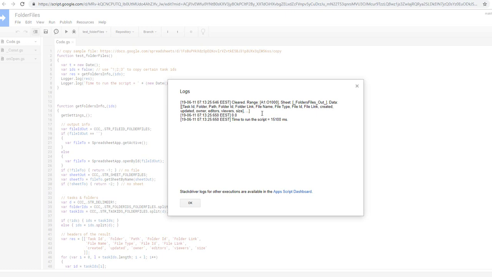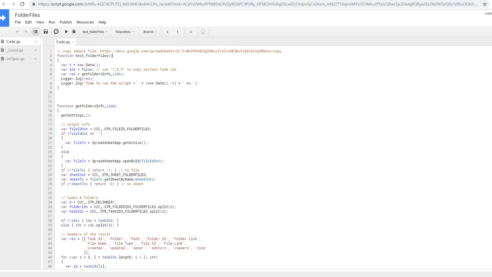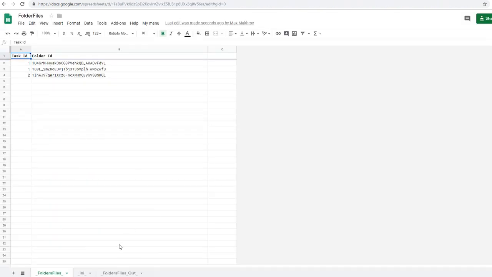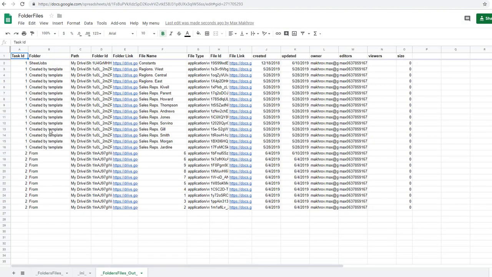Created range, so it cleared some range and added some info, and the result is 0. It's okay, and the time for the script to run is 15 seconds. It's okay, and I'll go back to my file, see folder files out is filled again, and I have task ID, which is useful if I want to gather 2 folders in one task ID. Now I have this ID, and my folder SheetJobs has only one file, and then task ID number 1 created